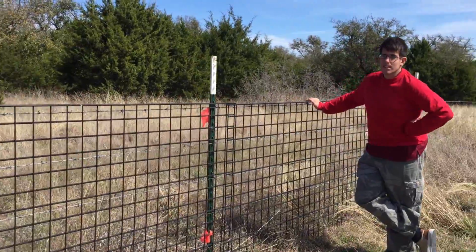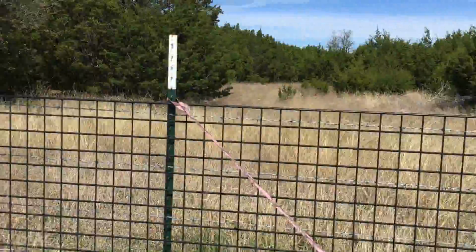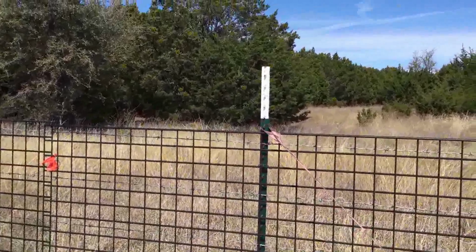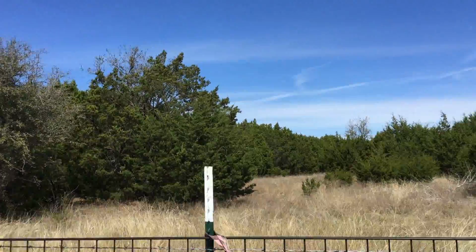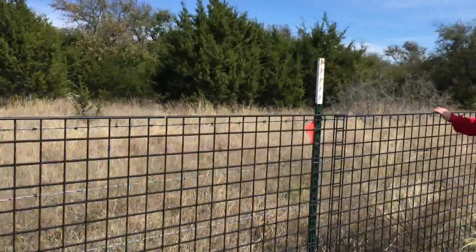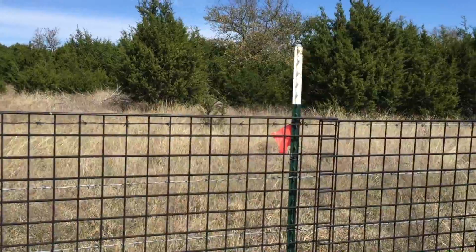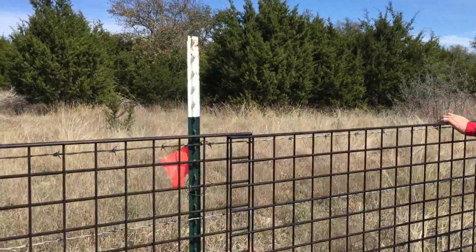Okay, so we are putting up, this will be the front area of where the goats will be initially, and then there will be electric fencing on 3 sides. But this is the side that is close by a road, so we don't want to take a chance. So we have barbed wire fence, and then back on the other side of it we have this really,